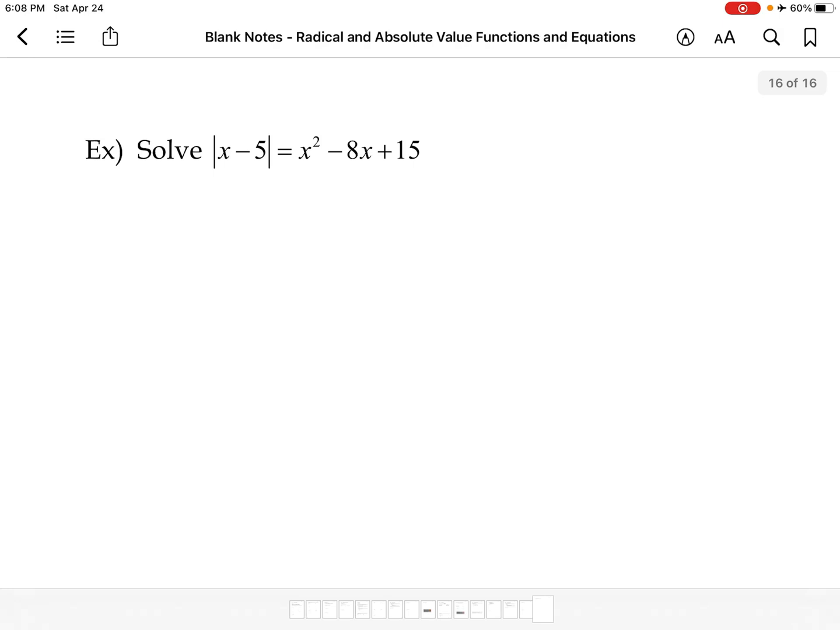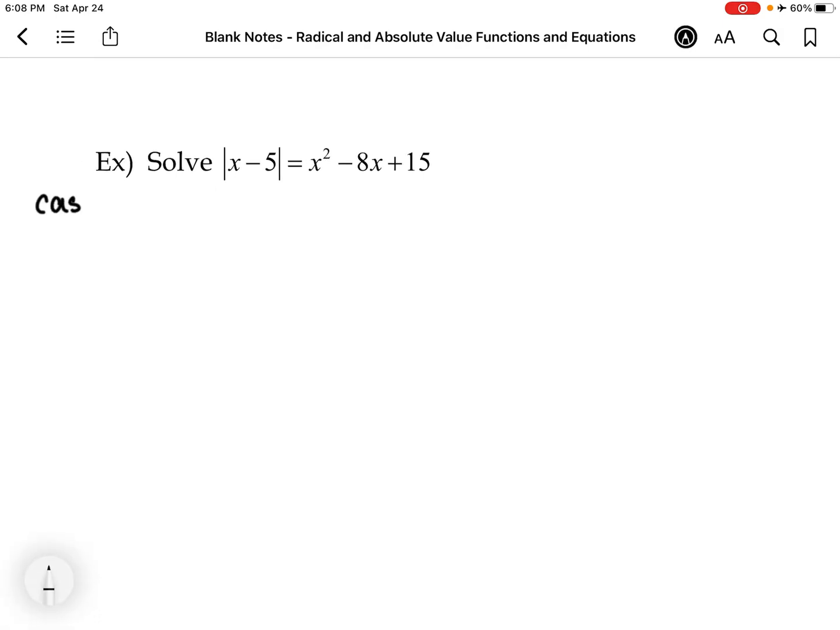We have to look at two cases. And the first case is that the expression inside the absolute value symbol is positive. And in that case, x minus 5 will equal x squared minus 8x plus 15. And so here we just need to equate to 0 because this is quadratic. So we're going to get 0 equals